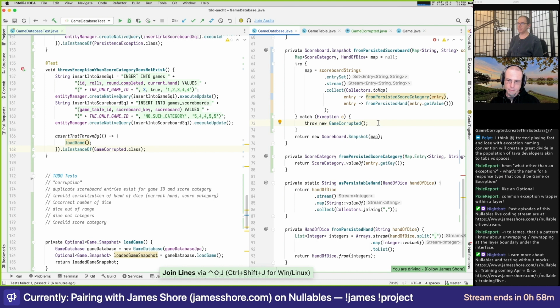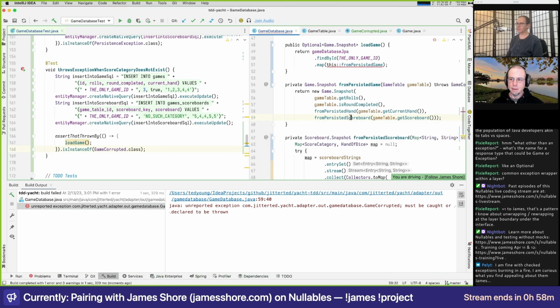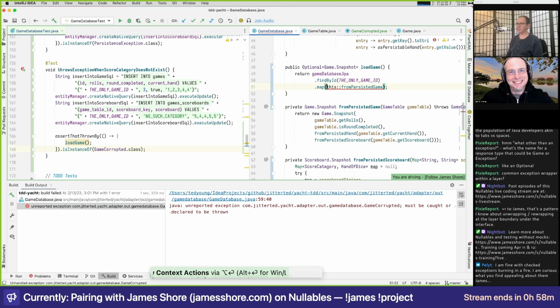Oh, yeah. Right, now this has to be propagated. Yeah, so it gets messy, super messy, but I really want it to be a checked exception.